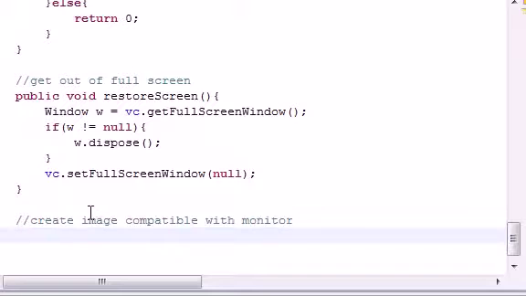So what we're going to be doing is returning a buffered image, or an image that our buffer is going to use, and it's pretty much just going to create an image based on what we need for our monitor's settings. So let's go ahead and name public buffered image create